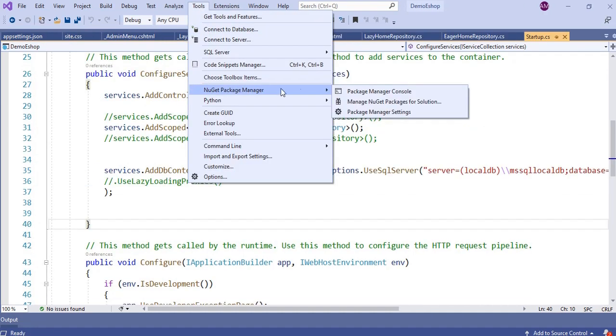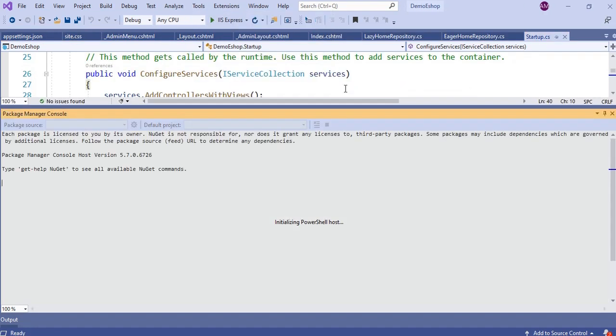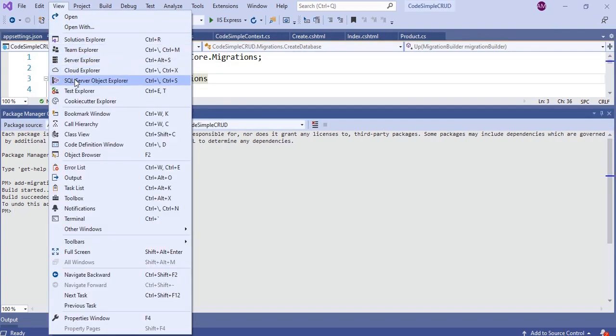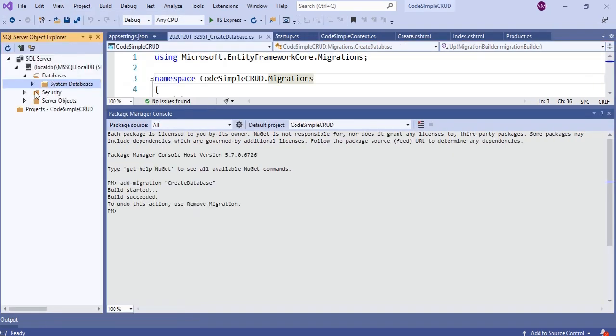Now go to NuGet Package Manager console. Then type add-migration CreateDatabase. This command will create the migration scripts to create the database and tables from the models. We will verify it by going to the SQL Server Object Explorer and will refresh the databases.